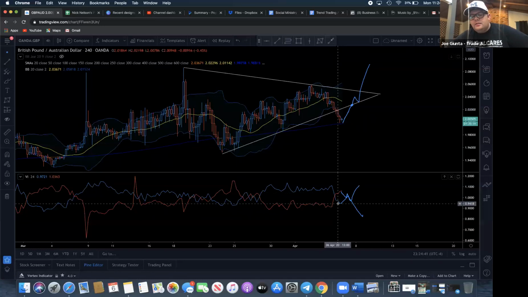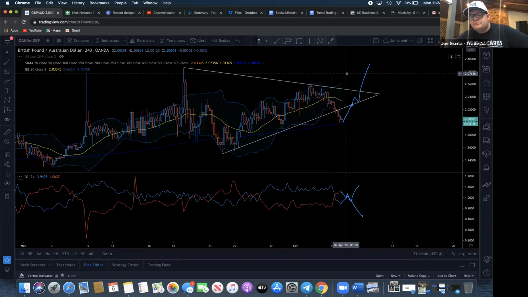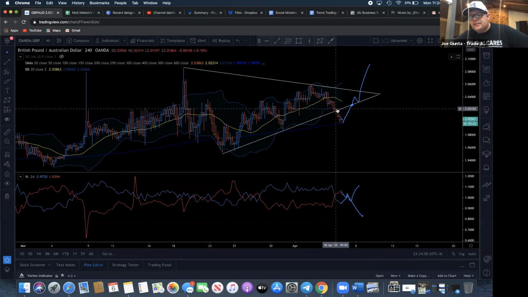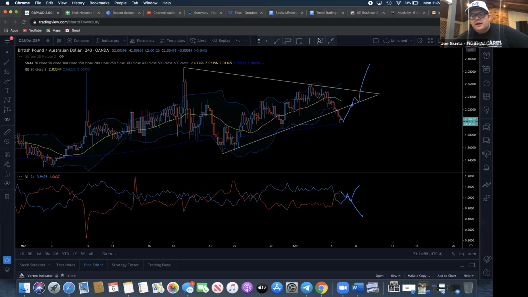Notice that when this crossed over, my band started to expand. That means volume. So I have multiple confirmations that I have sell volume on GA 4-hour right now, which means right now I'm waiting for a retest. I'm waiting for the retest right here. So I'm not looking to sell right now in GA because I still have to contend with that. I'm waiting for a retest.